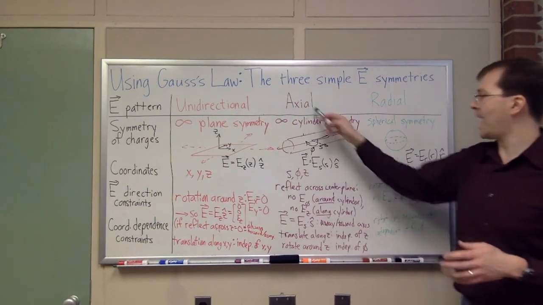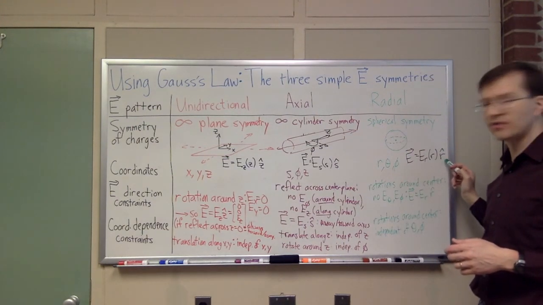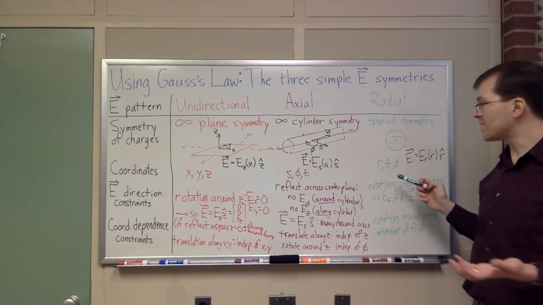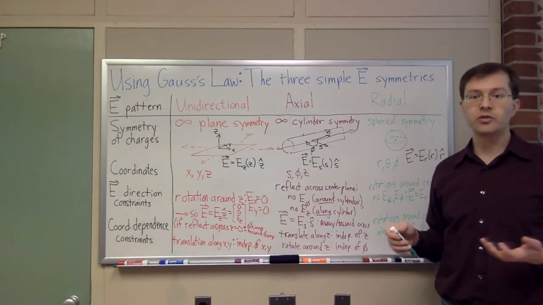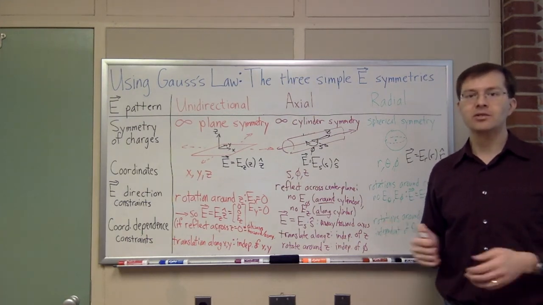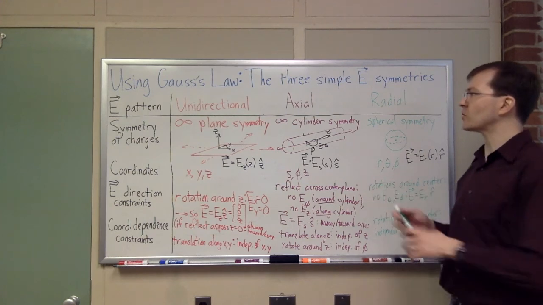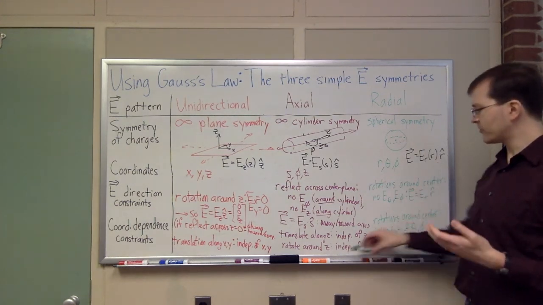Unidirectional, only z hat; axial, only away from the axis; radial, only away from the center, the radius of the sphere. You can see where those names come from. Each one is a function of only one variable, so Gauss's law will turn into a statement about ordinary calculus instead of multivariable calculus, and we get to use it easily. These are the three special cases that show up for Gauss's law,